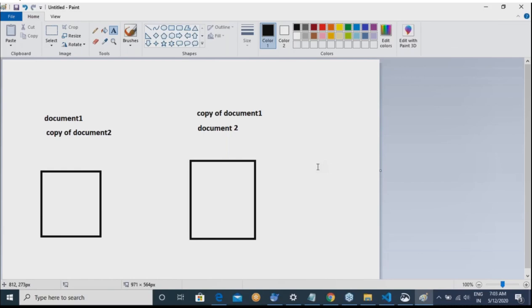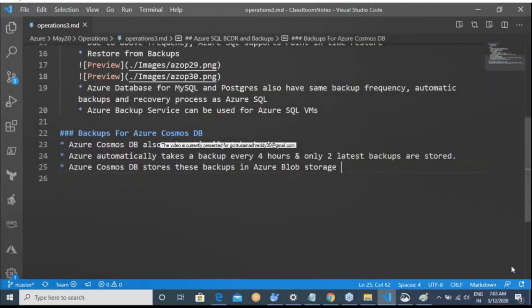What Azure does is add something called an online backup, where it takes the backup of this and puts it on Azure Blob Storage, so that you can restore your data from your original Blob Storage, or you can do it in a traditional NoSQL way, whatever you want to do. So Cosmos is a little bit different, but nothing to worry about. They are already taken.